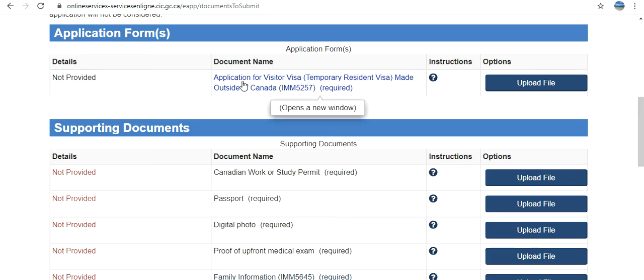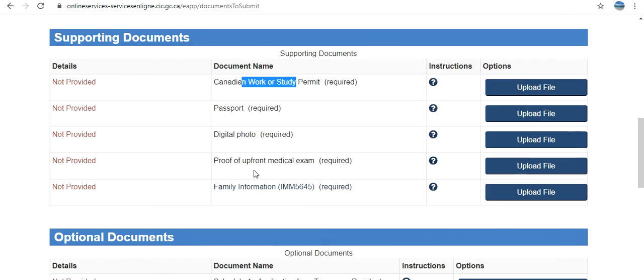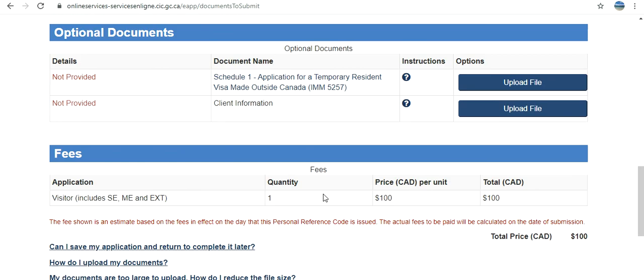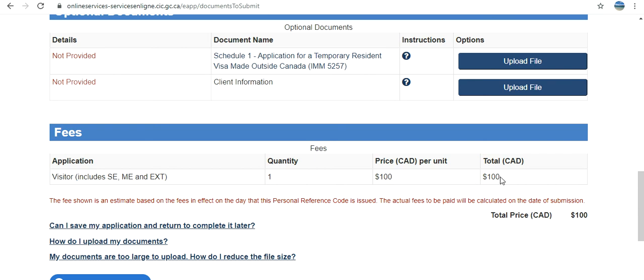Canadian application for a visitor visa made outside of Canada template, Canadian work or study permit, passport digital copy, proof of medical exam, because you said you have gone through it, family information form, and these are optional documents, but I strongly recommend people to go for it. So you are going to pay the fee of $100. You are not paying any work permit fee because you already have it. You are not applying for study permits, so you are not paying a study permit fee, and because you said you have given biometrics, biometrics also